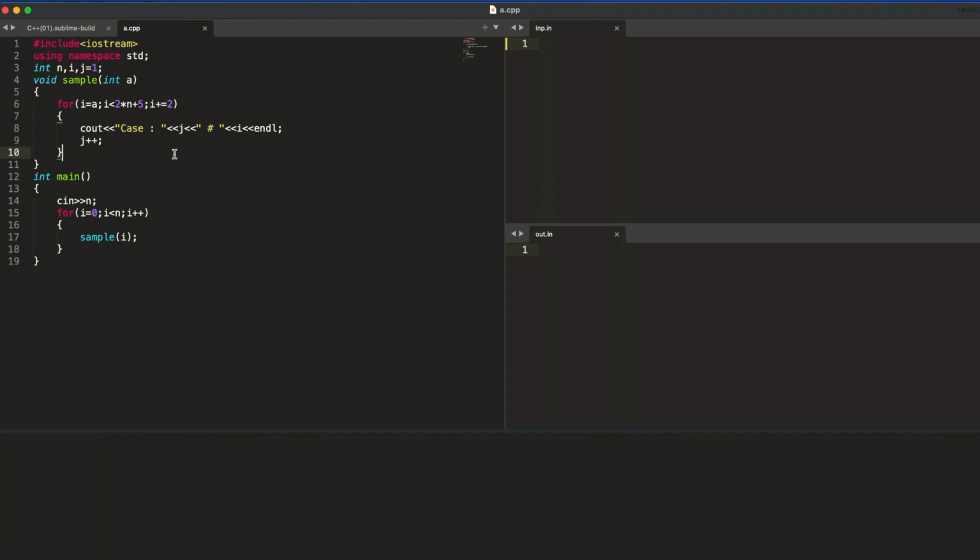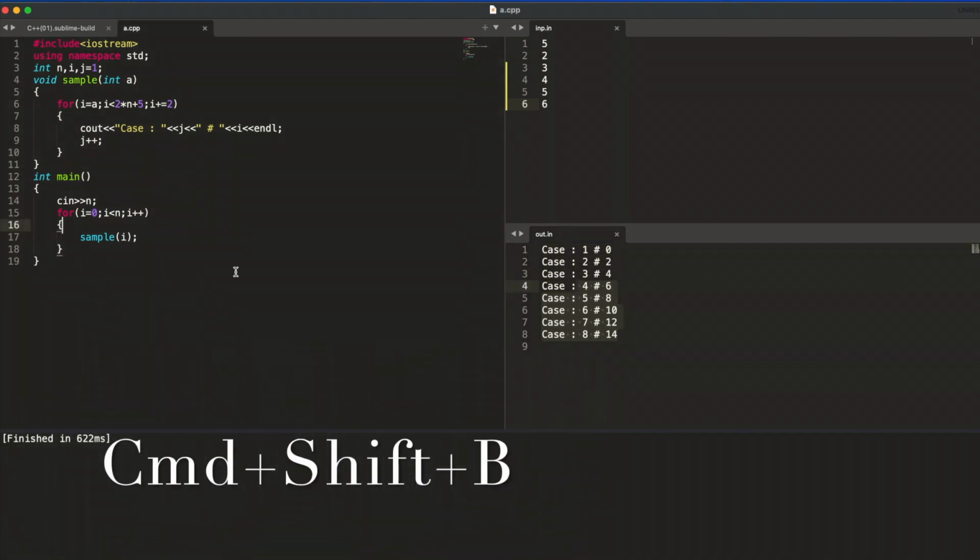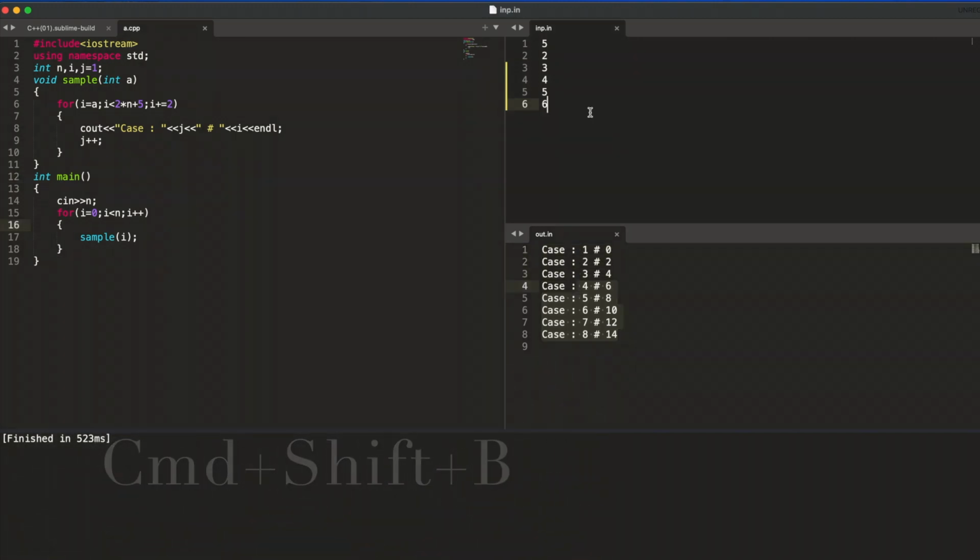You can run your code. Let me enter 5. Okay, this is my input. Now you can see here, this gives me some output like this. For running the program, you'll have to press Command Shift B. So finally you are done with your setup.